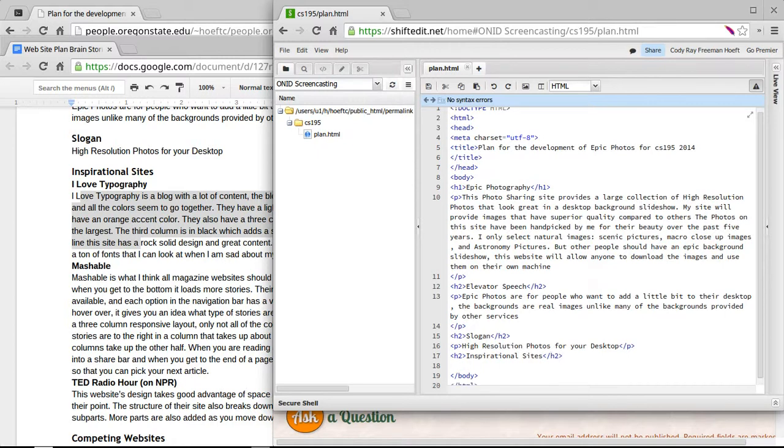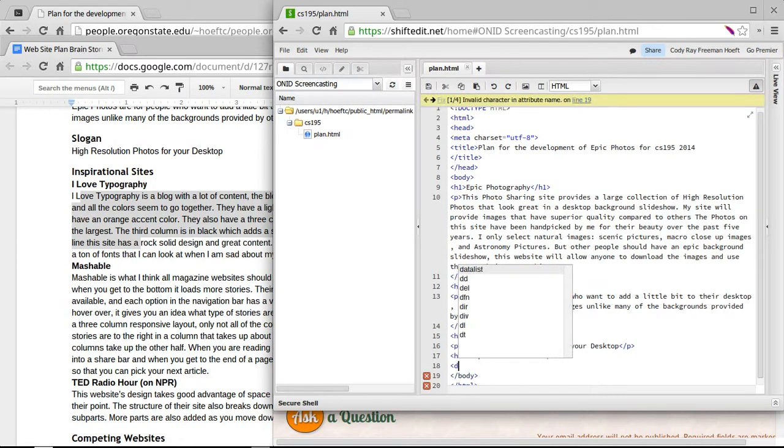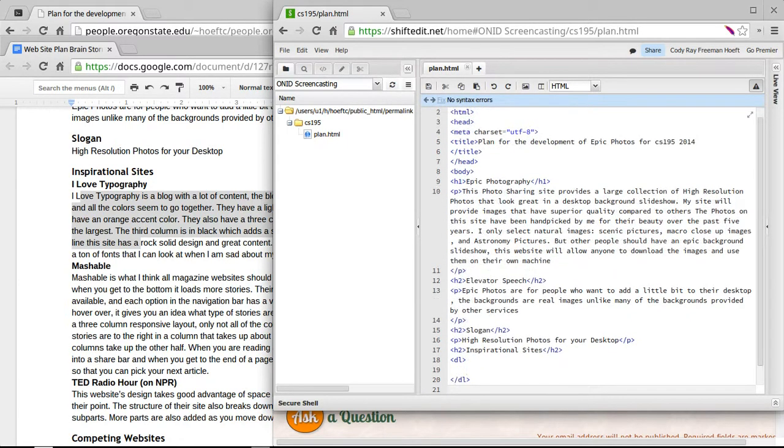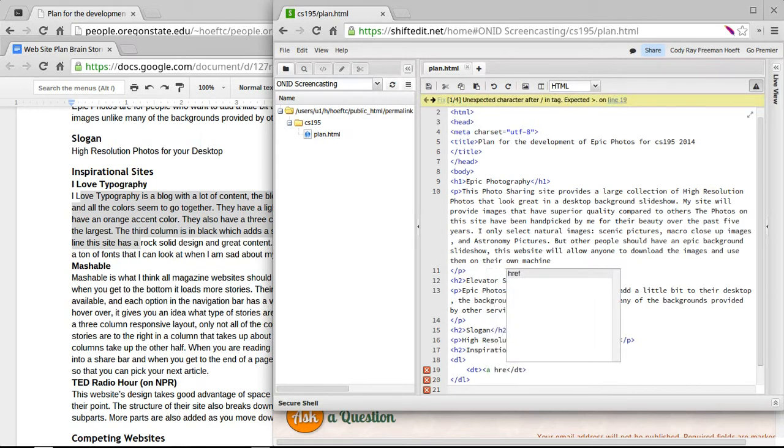And now we're going to go ahead and make our first tag, and we're going to give ourselves a little room inside, and the next thing we're going to do is make our definition term, our first definition term. And for this one, we're going to put a hyperlink around the whole thing. So a space href is equal to http://